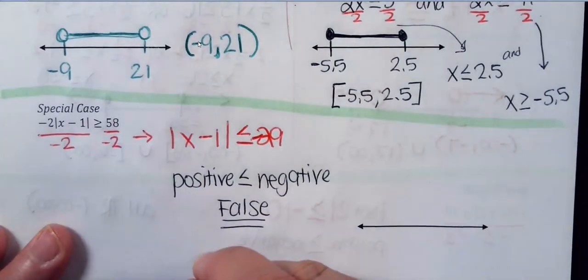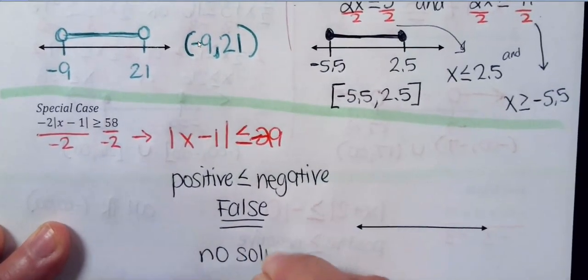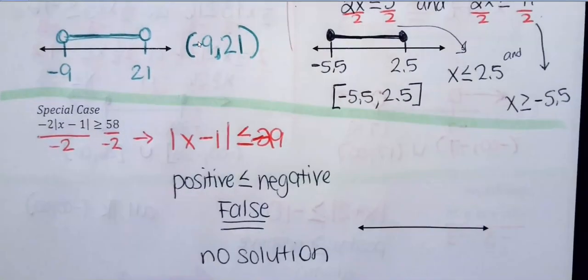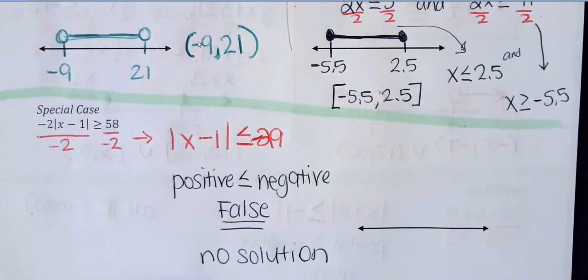This is not true. So in this situation, if you get an absolute value by itself less than or equal to a negative number, that's not going to have any solution. You can't find any x value that you would plug in there that would ever make that true. Okay. And then there's no